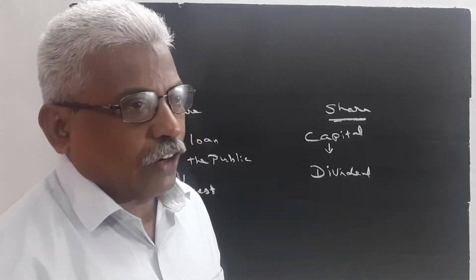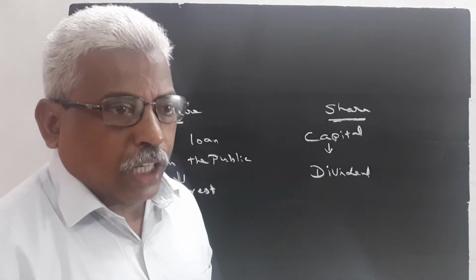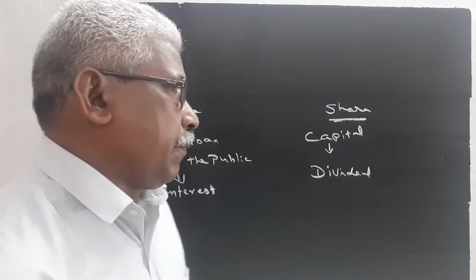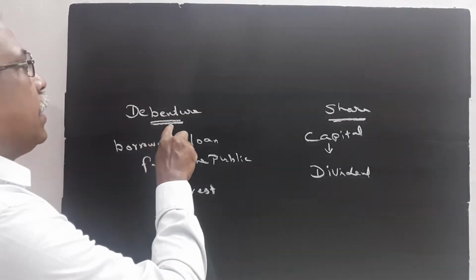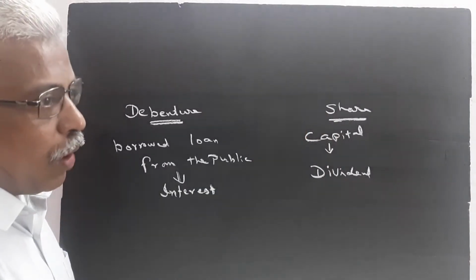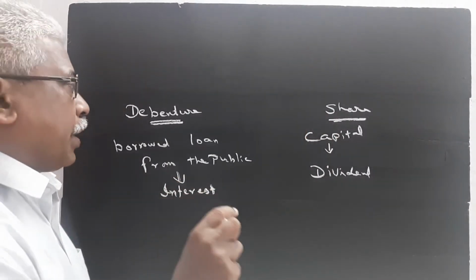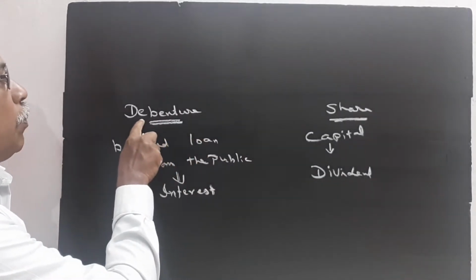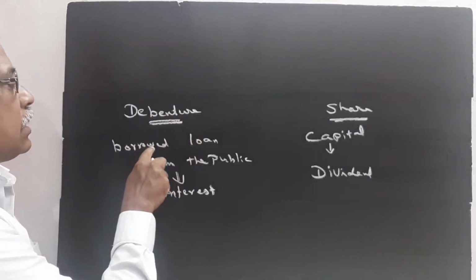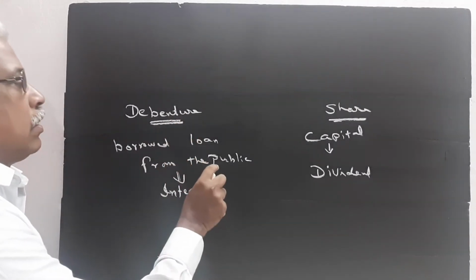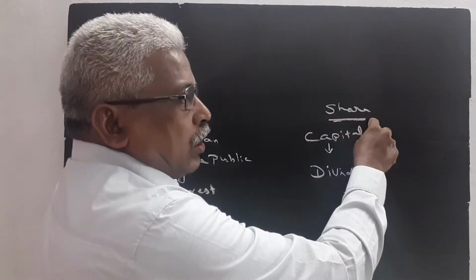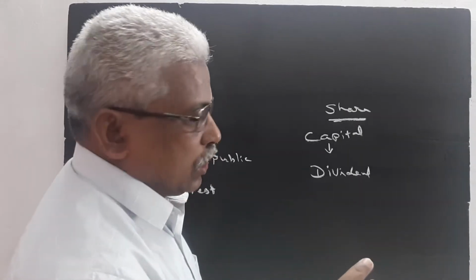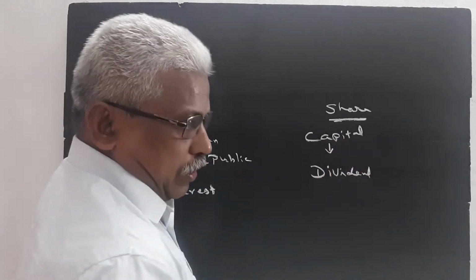So, dear students, it is a 5-mark question. Each and every day, I will explain only one question from the 5-mark question pattern. Today, I want to explain the differences between debenture and share. In our textbook, 10 points are given, and we have to study these 10 points. Before studying the differences, we should know the meaning. Debenture is a loan borrowed from the public. But share is a portion of capital. The total capital is divided into small units, and each unit is called a share.